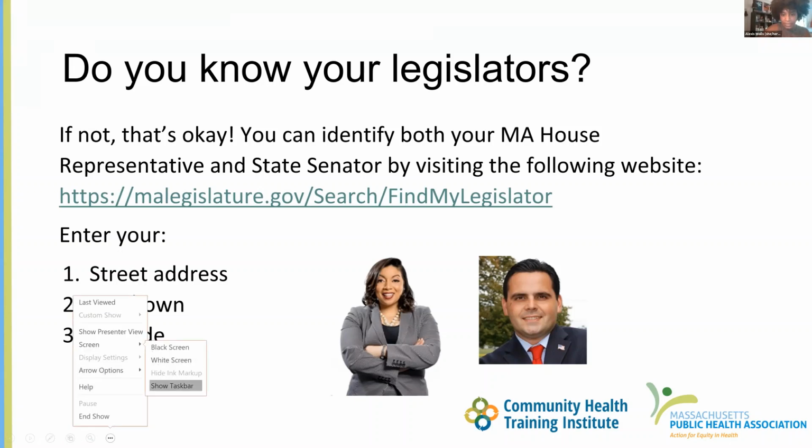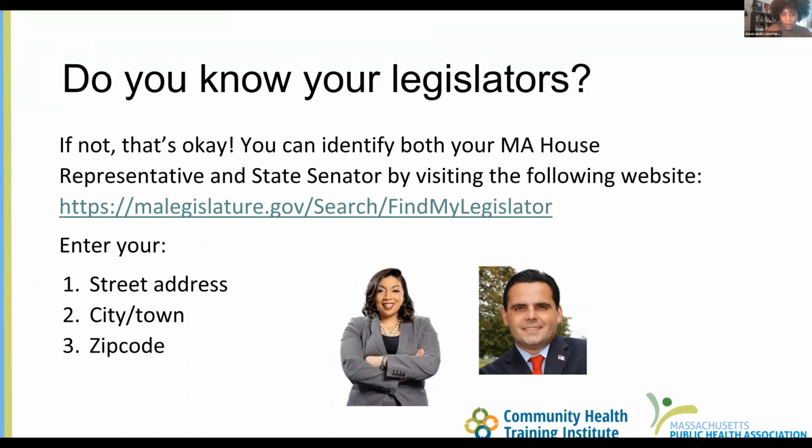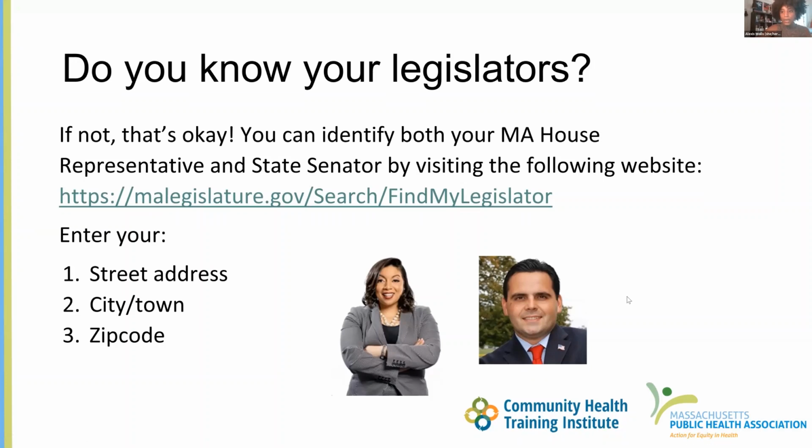Give me a quick second. You are going to visit the link that's about to be put in the chat. If you do not know who your legislators are, you are going to look them up and find out who your legislator is or who your legislators are. In order to find who your legislators are, you're going to go to this website, which is in the chat now,